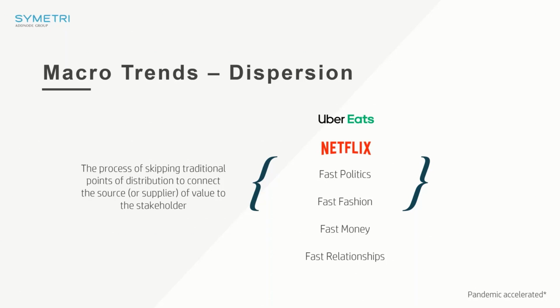Politics, people used to read the paper and get a few different sources. Now it's retweets and shares. Fashion, used to go to the shops. Now we order it. Money, open banking and Bitcoin pretty much show us that you don't need to go to bricks and mortar stores anymore. You can pretty much do all of that digitally. And relationships, yeah, we've got Tinder, just as an example. So if you feel like you're immune to those trends, yeah, congratulations.